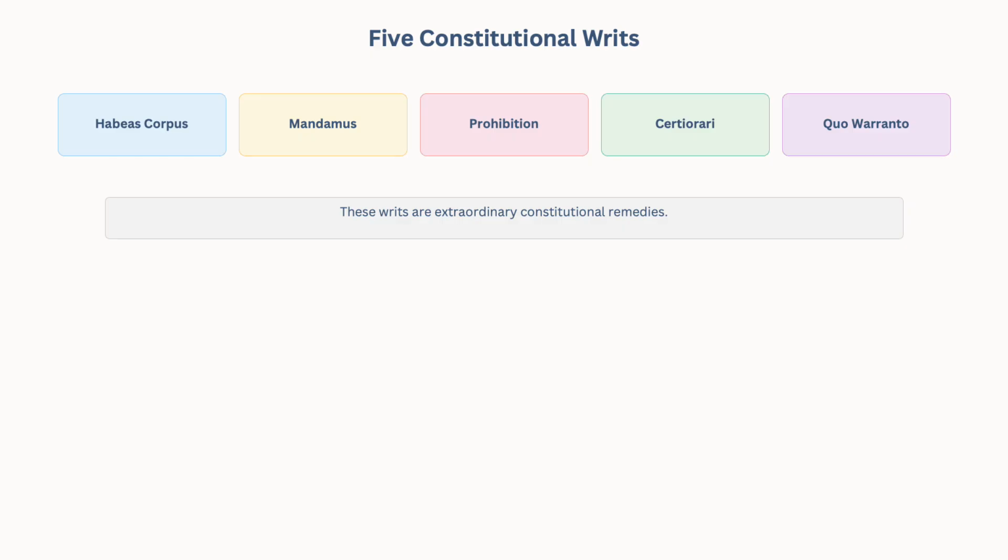No mandamus. For example, you go to the TC office and apply for a birth certificate. Okay, so the TC office did not give the birth certificate. Then we will apply for mandamus, which means we command. It compels performance of a public duty. The duty is to give you the certificate, so the court will tell them to perform their duty.